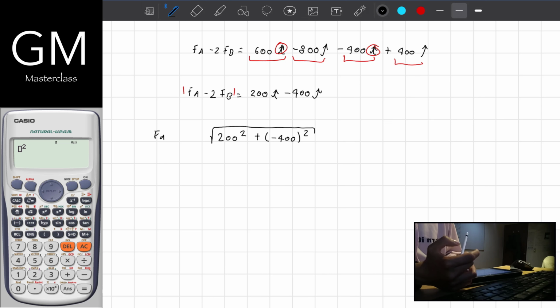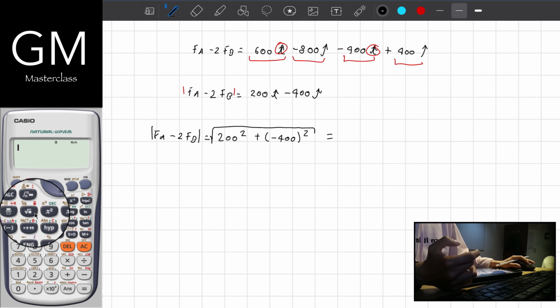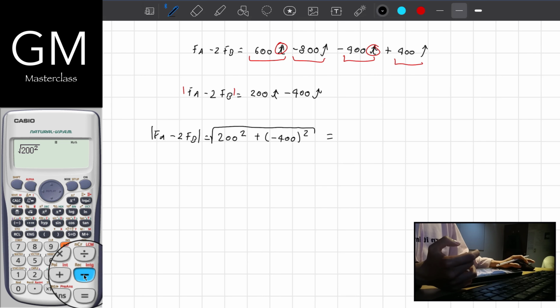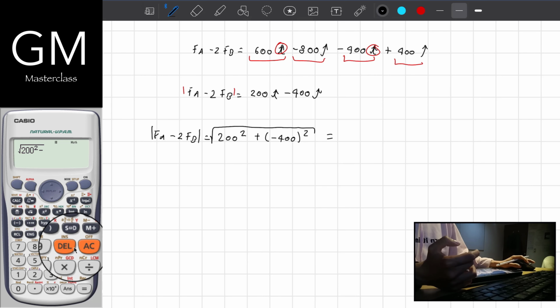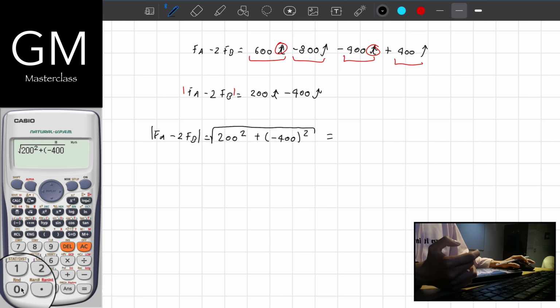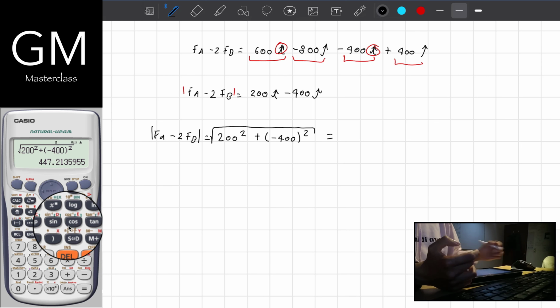So the magnitude of FA minus 2FB is equal to the square root of 200 squared plus minus 400 squared. All right, so the magnitude of this is